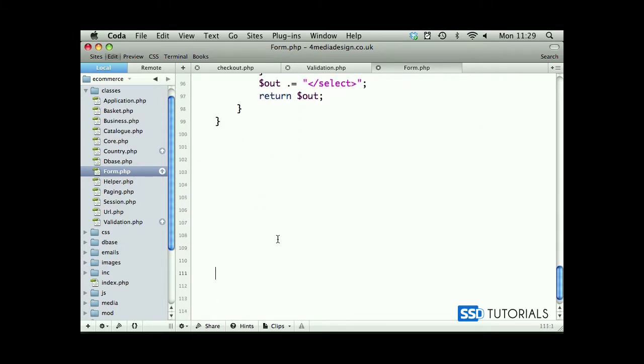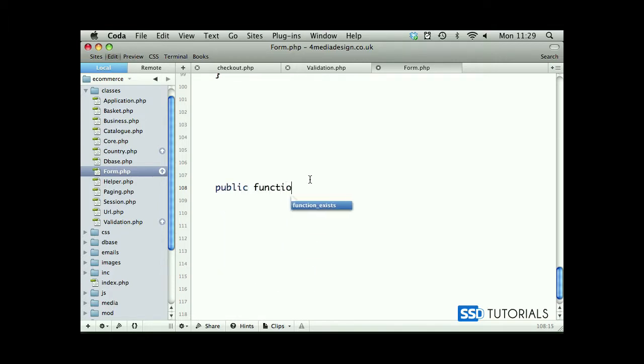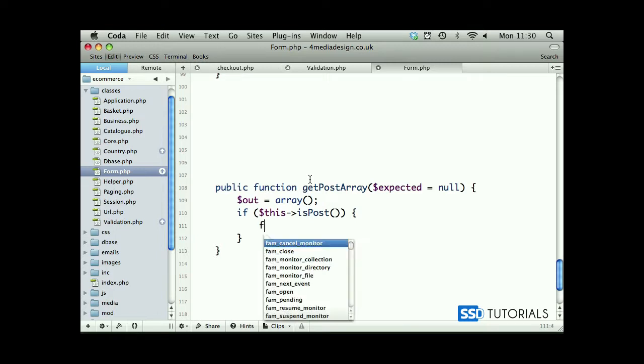Let's create a few new lines. We're going to create a new method, which will be called public function get post array. And we pass one parameter, which is expected. By default, we'll assign null value to it. Now, first of all, we create a new array called out, which is an empty array, and we check if this is post, so if the post has been submitted, then for each